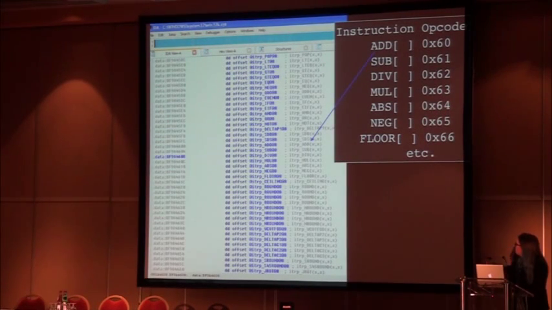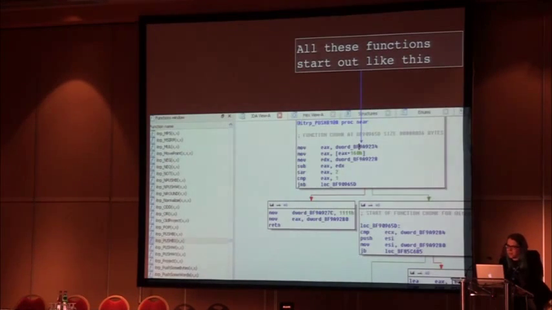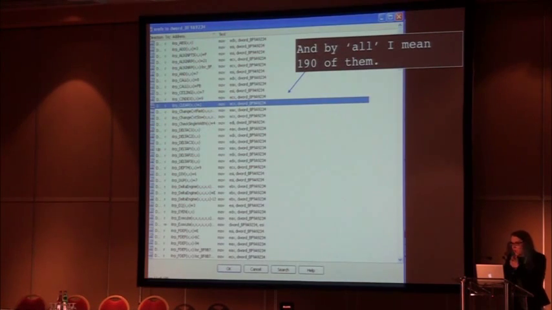It's basically just a big jump table in Win32k.sys. You take the byte value for the opcode, multiply by 4, go to the jump table, jump to that, and execute it, or call that, or whatever. The first thing every one of these functions does is make a copy of that into EAX. And I mean, all of them.